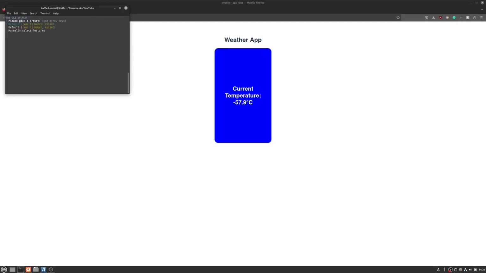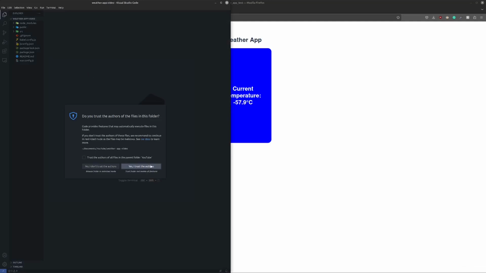and we are going to pick the preset with Vue 3. It might take some time, and yeah, basically that's it. So we can go ahead and see the weather app video. We can do code dot, and here we go. You can click yes, I trust the authors on this,